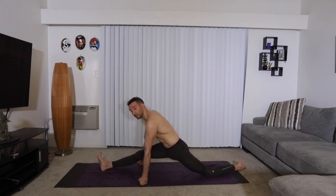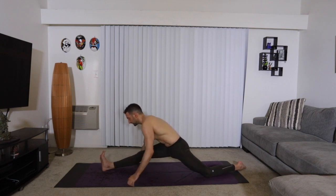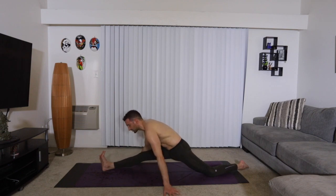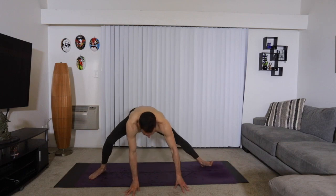If you had a towel underneath the left heel before, now you might have one underneath your right heel, gradually working to slide the heel a little bit away. But notice where your point of resistance is. Don't force it past there today. Gentle so you avoid any injury. Slowly as we release, I'm going to just come right back to Prasarita,